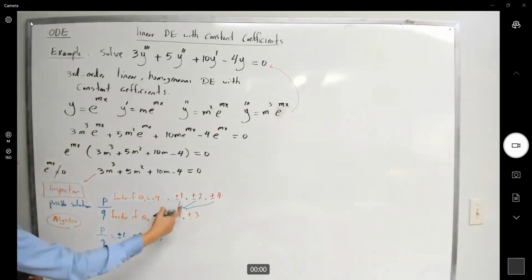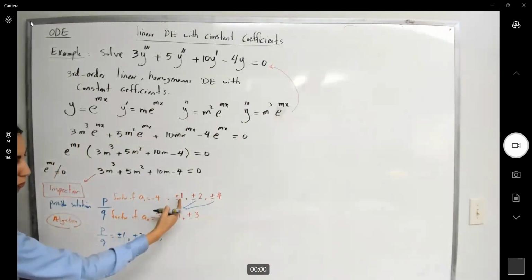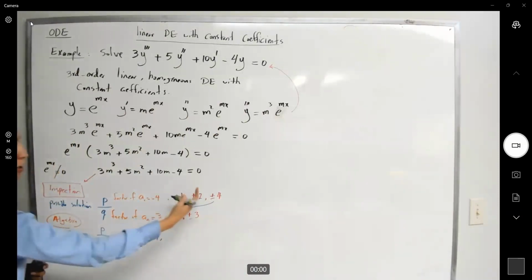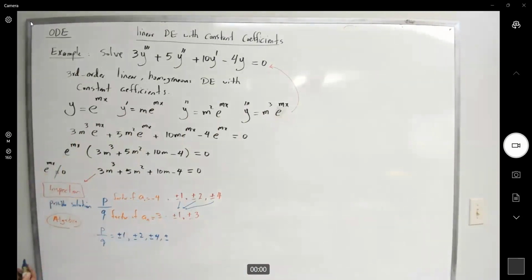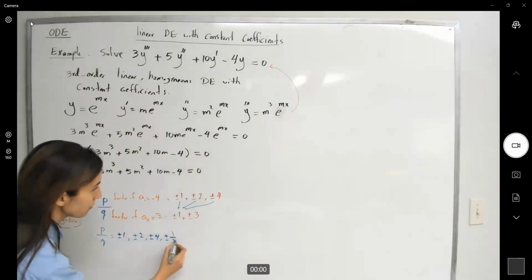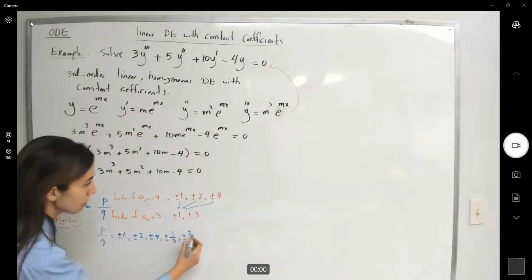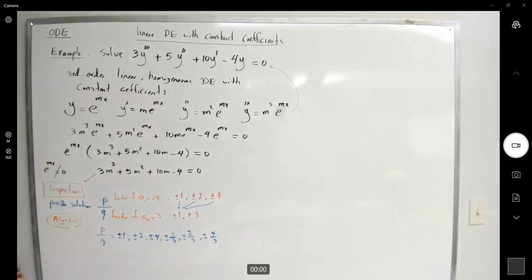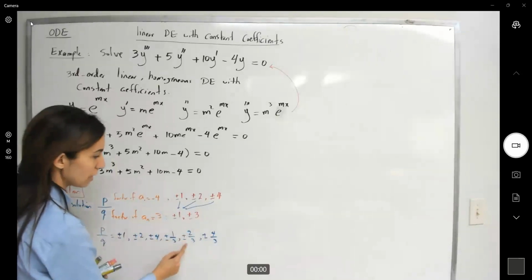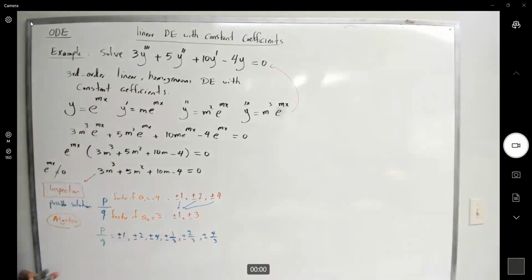Now we start doing the division for 1 and 3, 2 and 3, 4 and 3: plus minus a third, plus minus 2/3, and plus minus 4/3. How many? 1, 2, 3, 4, 5, 6, 7, 8, 9, 10, 11, 12 possible